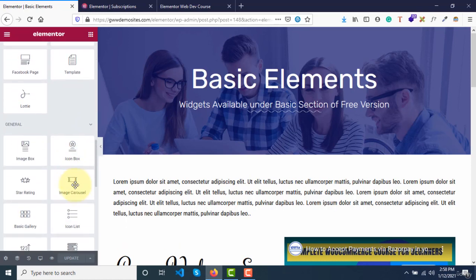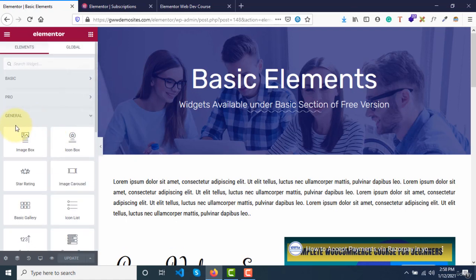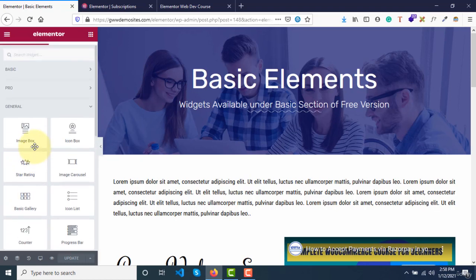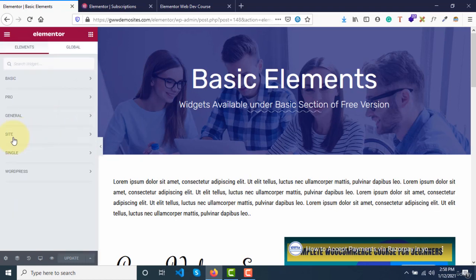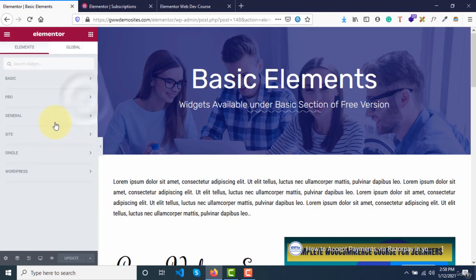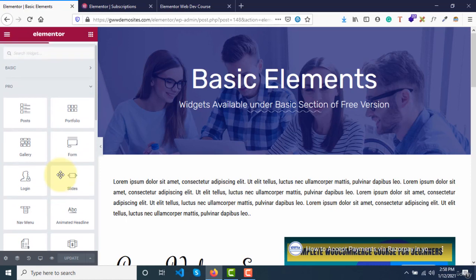So with Pro version, all the widgets are unlocked now. We can use all these widgets, and under the general section these were already available to us. Under site, we can now use these widgets easily, and we can also use WooCommerce widgets as well. I think WooCommerce will be here somewhere. All right, because we did not install WooCommerce.